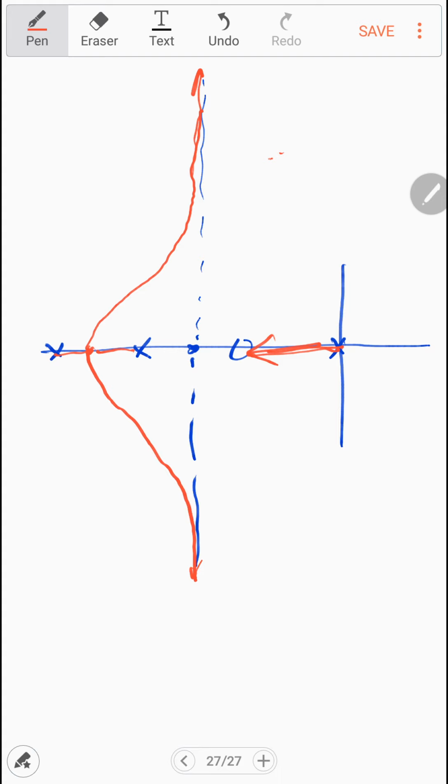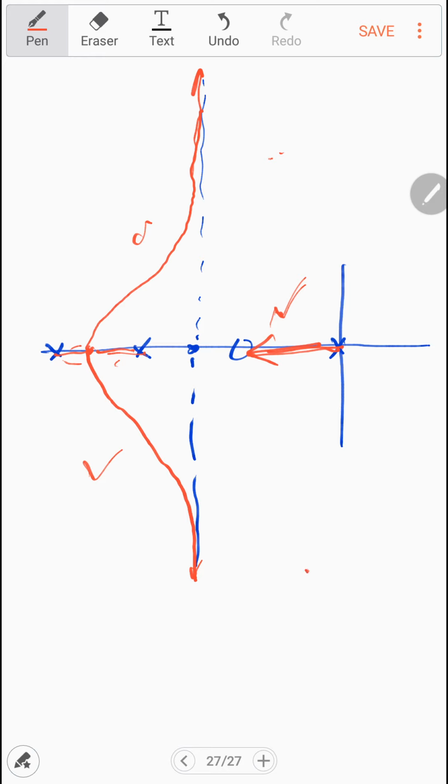We know the complete behavior of the system if you increase the value of k, because the system will remain stable. We have 3 branches because the number of poles is 3, which is maximum compared to the number of zeros. One is this one, one is this one, and one is this one. We also see that this branch rises from the poles toward the 0, and these 2 branches rise from the poles and then meet the zeros at infinity, because here the zeros are at infinity, which are not finite, or not given over here. If not given, this means that the zeros will be at infinity.